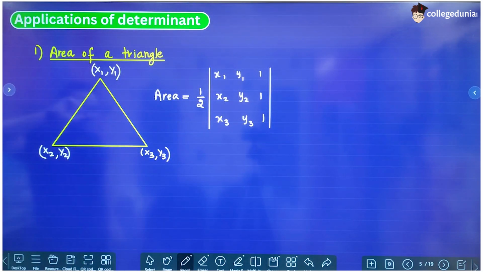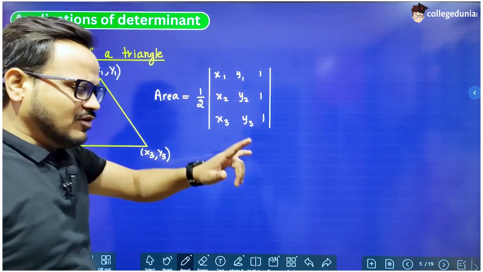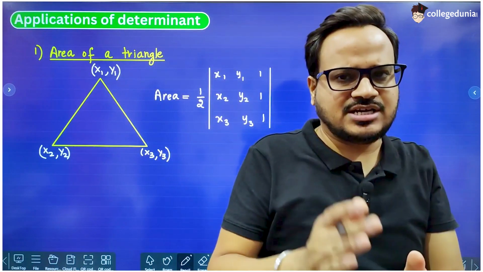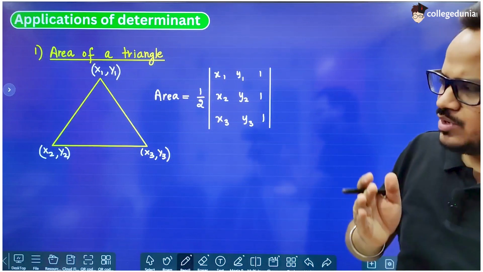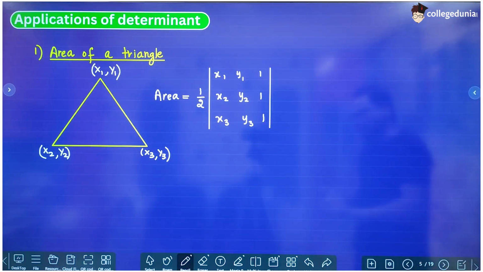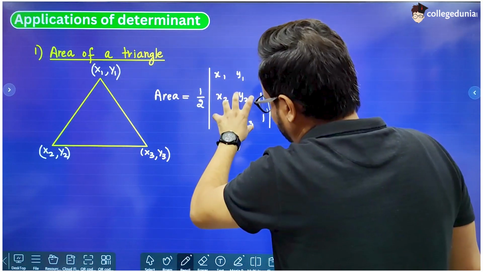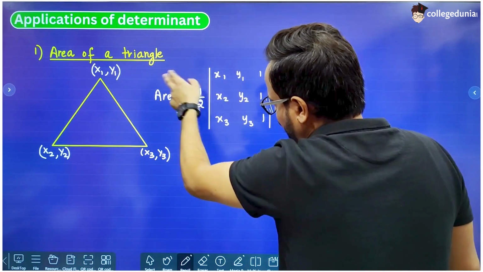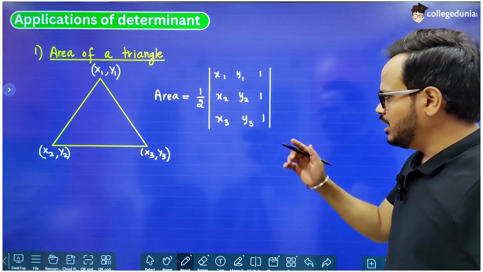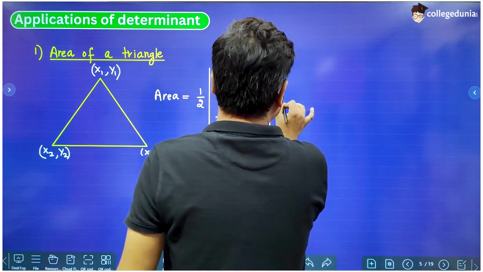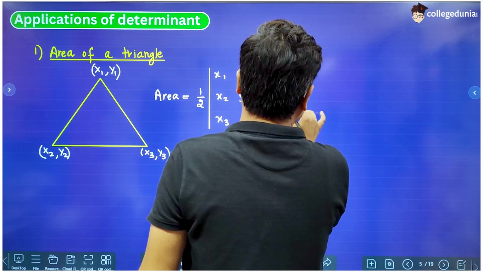Right? So if three vertices are given, take any vertex as x1 y1, any as x2 y2, any one as x3 y3, and put the values in this determinant and expand it, multiply that with half, and you will get the area of the triangle. Let's expand it. So we will get half